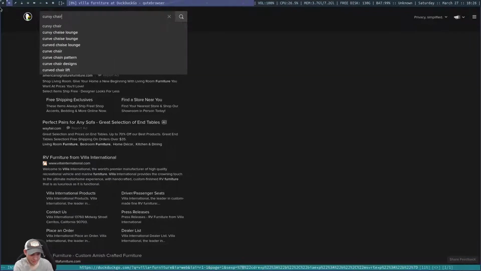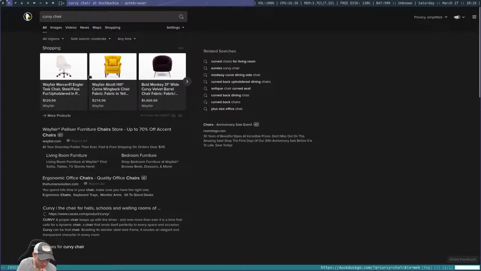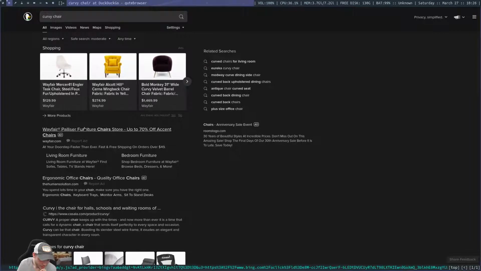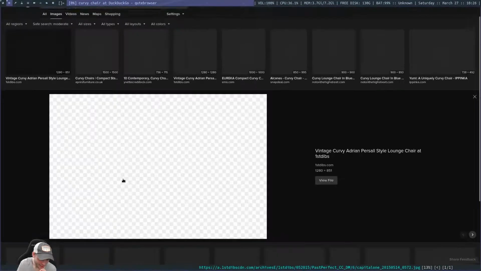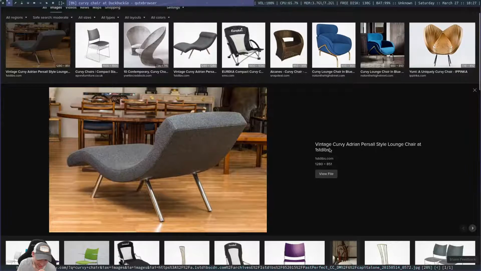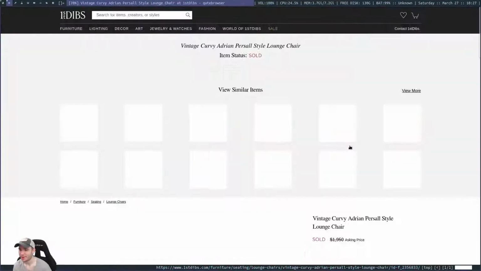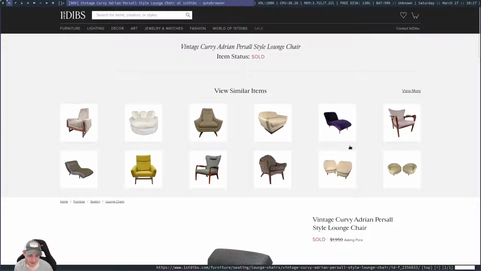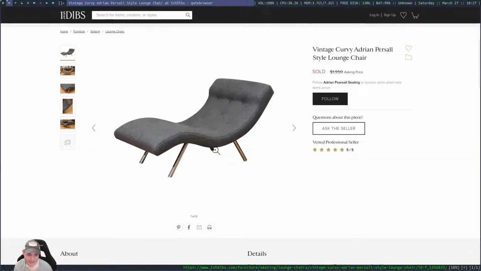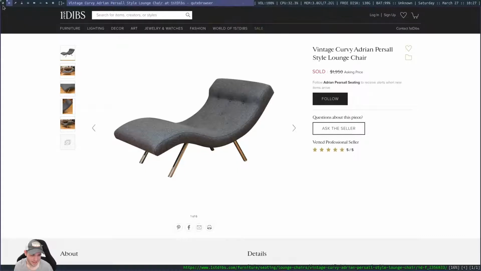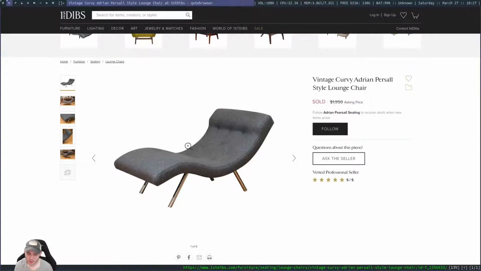Vintage curvy. Adrian Persol style lounge chair. Okay, lounge chair, there we go. I mean, recliner, yeah, but I think lounge chair is more descriptive.